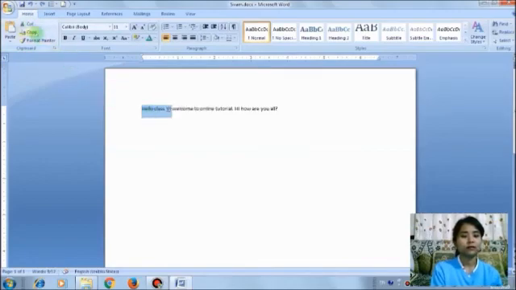I'll copy it. Suppose I want to paste it somewhere down here, then I'll just paste. Did you see it's getting pasted, cut and paste? This is format painter. As of now we don't need that one. So let's go to